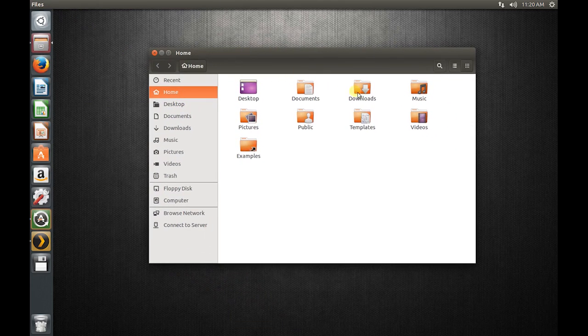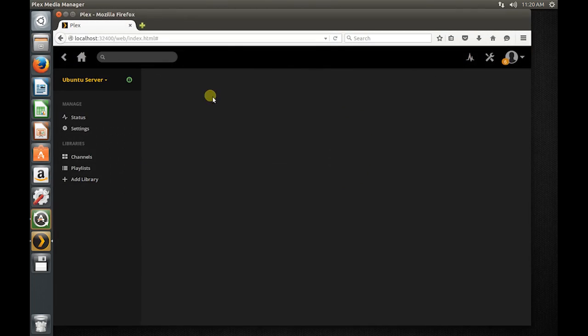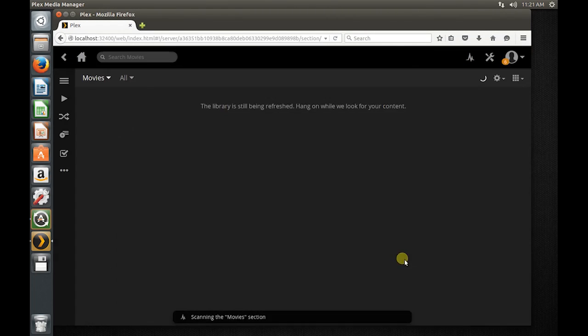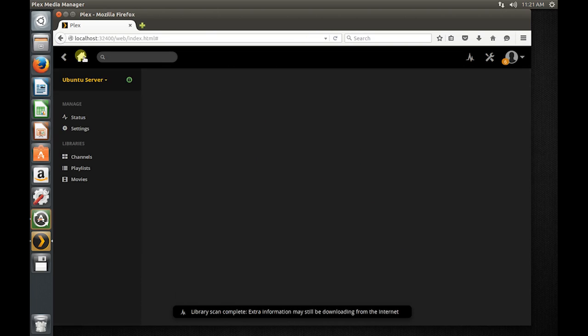I will create a new movies folder inside my public folder just as a demonstration. However, when you set yours up, you will probably use a different location, such as an entirely different hard drive. After I create the movies folder, I can add it as a new library just as I would with Windows. Pretty simple. The only issue here is that my movies folder is empty, so to fix that, I have the